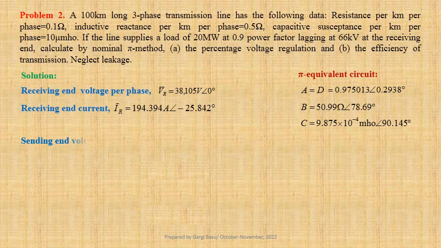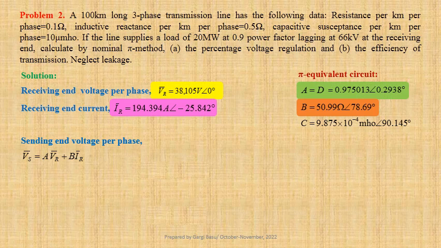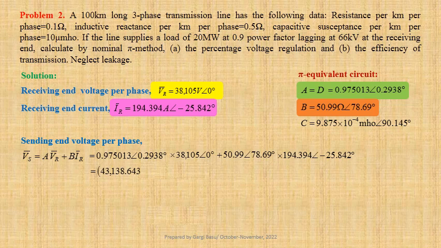Expression for sending end voltage per phase Vs equals A times VR plus B times IR. Using values we get 0.975013 at an angle 0.2938 degree into 38,105 at an angle 0 degree plus 50.99 at an angle 78.69 degree into 194.394 at an angle minus 25.842 degree. That gives us 43,138.643 plus j times 8,090.8527 volt. This may be written in polar form as 43,890.824 volt at an angle